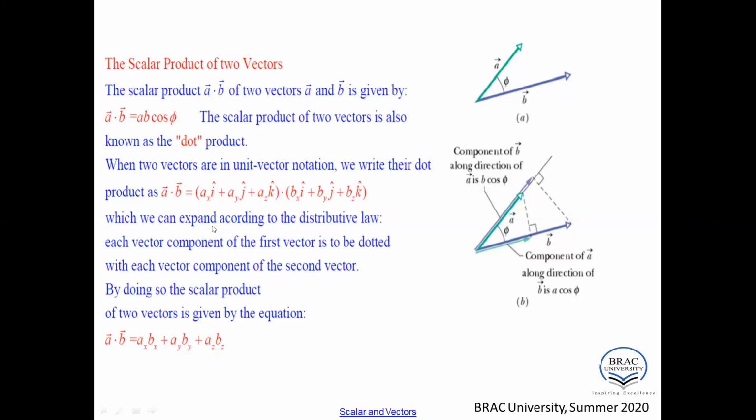So here, if we find out the final result, vector A dot B equals AxBx plus AyBy plus AzBz. So just remember this: in case of dot product of two vectors, the result is addition of multiplication of similar components. First we multiply two vectors' x, y and z components, and then add them together, which gives a scalar quantity, mainly a number.